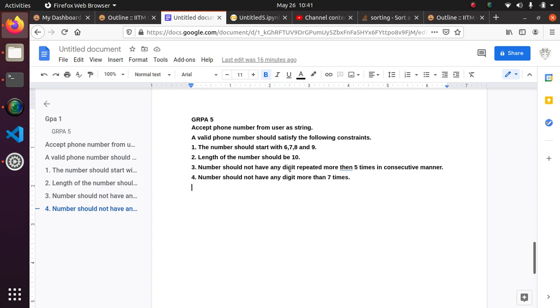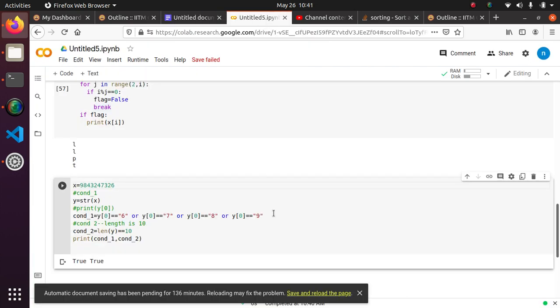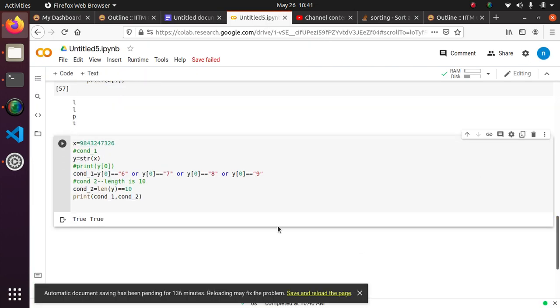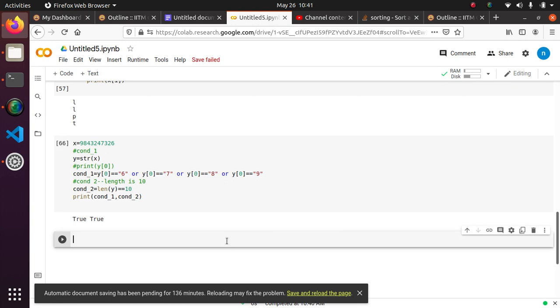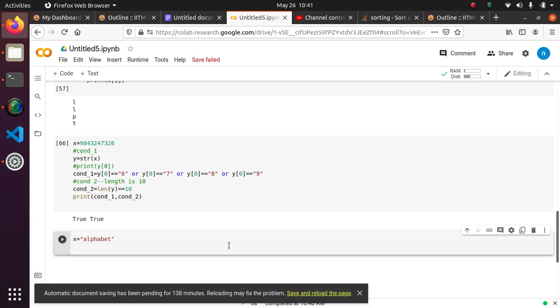The number should not have any digit repeated more than 5 times in a consecutive manner. So I would like to give an intro to another thing. X equal to, let's say, ALPHABET. I'll give another string method: print of x dot count of a.